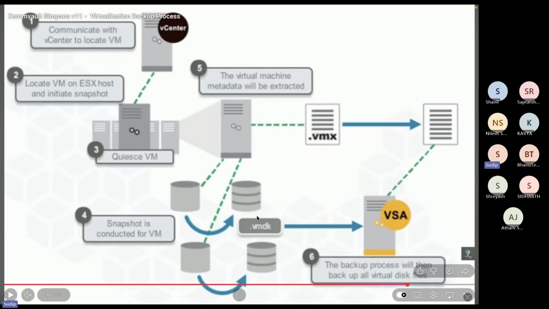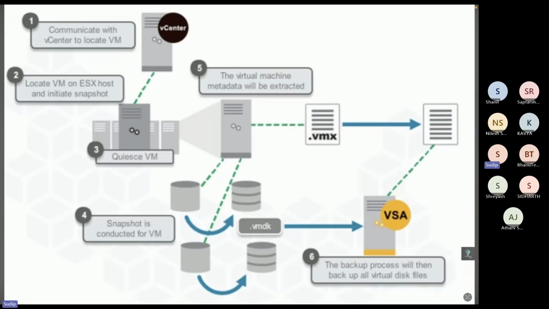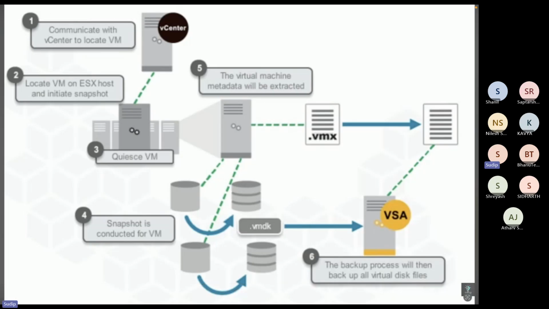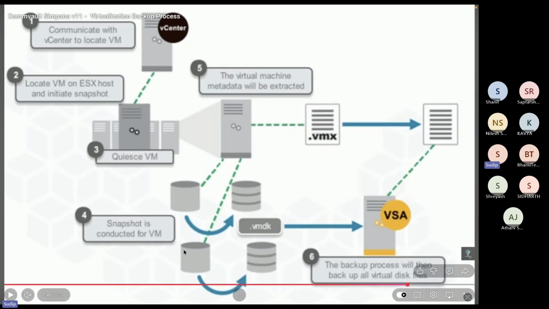And once the snapshot is taken, it will release the quiesce, or it will release the hold on the IOs, and the backup software or the VSA agent will start reading data from the snapshot of the VM that it has taken. Okay, and that will include everything about that VM, right? The name of the VM, all the operating system settings on that VM, what is there in the cache, what is there in the memory. When I say cache, all three caches, L1 cache, L2 cache, L3 cache. Okay, then what is there on the disk, what is there on multiple disks in that VM. Okay, in VMware,